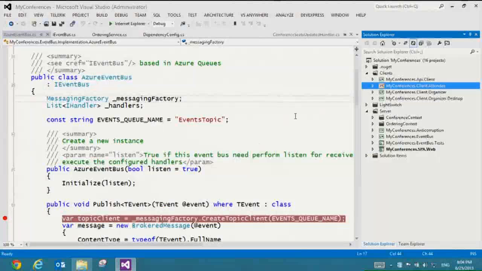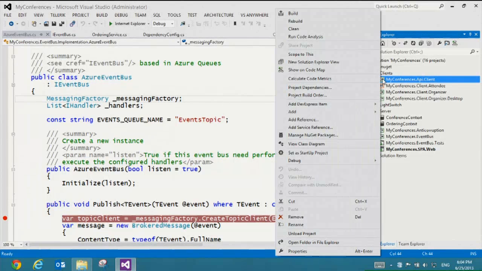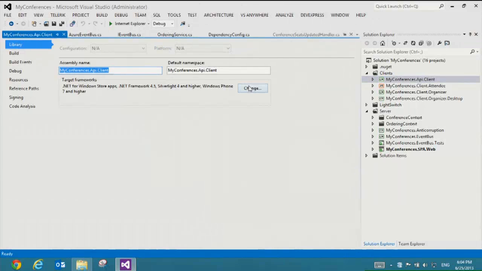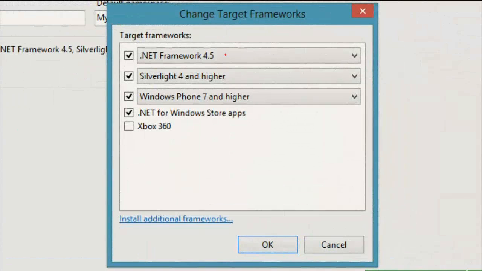And regarding this, I just want to highlight, because we don't really have more time, that we are using a library which is sharing code for all the .NET applications. So it is a PCL, a portable class library. If I go to the properties, you see that a portable class library, you can target different frameworks. It's not just .NET, but you can target, I'm going to zoom. You can target .NET Framework 4.5,